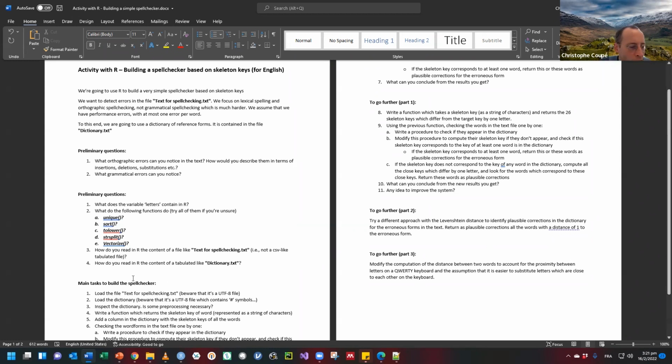How do you read in R the content of a tabulated file like dictionary.txt? Because this is not the same method. You may know how to read a tabulated file. I'm not sure if you know how to read another kind of file. So I would like you to try to find how to do that if you don't know yet. Once you know this,